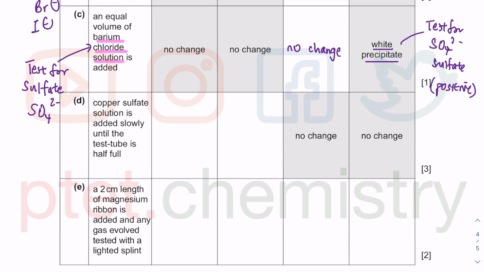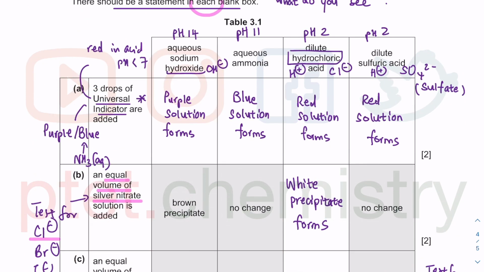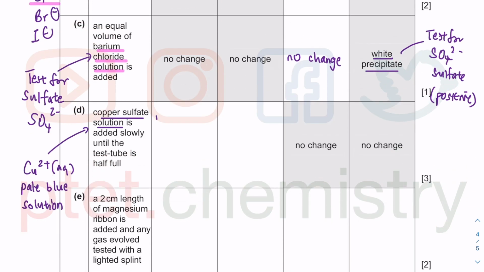The next one, copper 2 sulfate solution. So this contains Cu2 plus aqueous. It's a pale blue solution, as you have seen in the experimental tutorials on qualitative analysis. When we add sodium hydroxide, it's a different observation from ammonia. This is copper 2 plus in sodium hydroxide versus ammonia. So here, I will get a blue precipitate. So better write that down. Pale blue precipitate